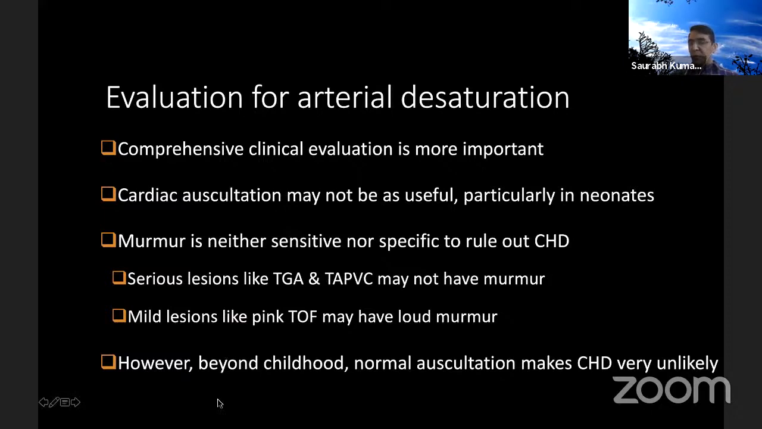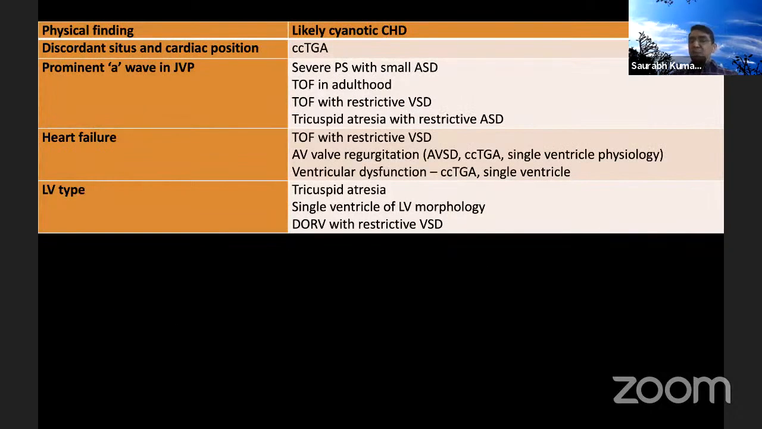However, beyond childhood, normal auscultation practically rules out congenital heart disease, and that must be kept in mind whenever we are seeing a patient. Now, these are some of the clinical findings which, once present, indicate towards certain diagnoses. Although I'm not going stepwise into each part of the clinical evaluation, as you can see over here, if we are finding a discordance between the abdominal situs and cardiac position, meaning thereby dextrocardia in situs solitus